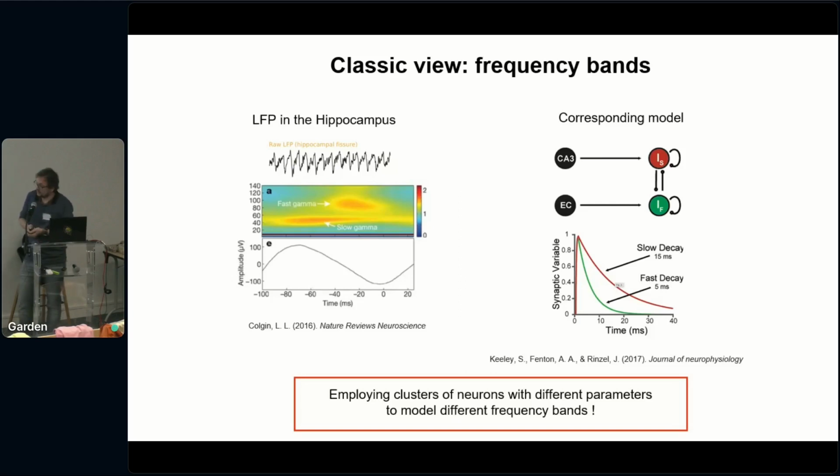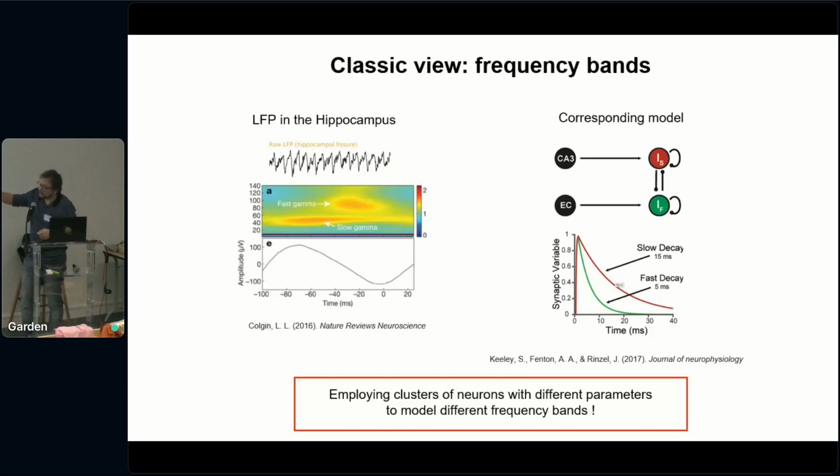But again, remember, it's just an average across thousands of cycles. So by averaging, unfortunately, we throw away a lot of information. Still, we get information because we can get this nice picture, but we throw away some of the information. From the point of view of modeling, if you wanted to model this kind of situation, now you know already